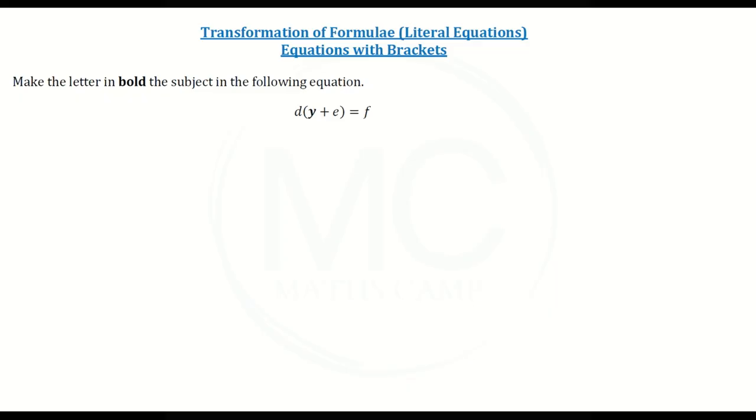Make the letter in bold the subject in the following equation. D multiplied by the bracket y plus e is equal to f. Y is our bold letter. It is inside the bracket, and the bracket is multiplied by d. So the first thing we have to do is divide both sides by the term outside the bracket. So I can say divided by d is equal to f divided by d. On the left-hand side, the d's will now cancel, and we're left with y plus e is equal to f